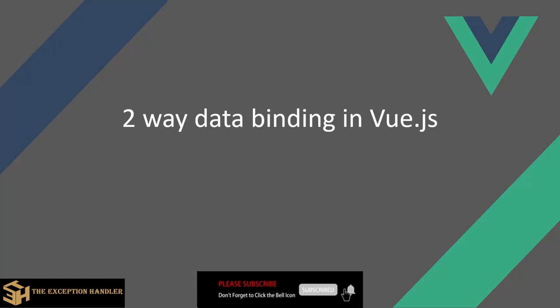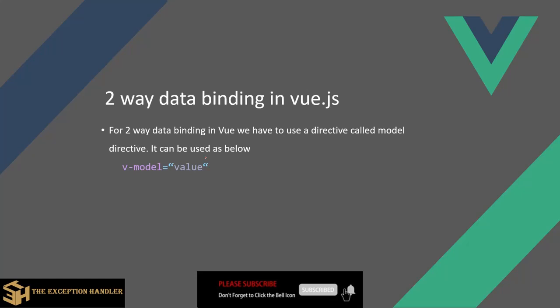So to do two-way data binding, we need to use the syntax that I have just highlighted. And over here in this double quotes, this is the variable that you create in the data function that we have already discussed in an earlier video. If you have not watched that video, click on the eye icon on the top right corner to watch that video so that it gives a better insight of how to create variables in Vue.js.